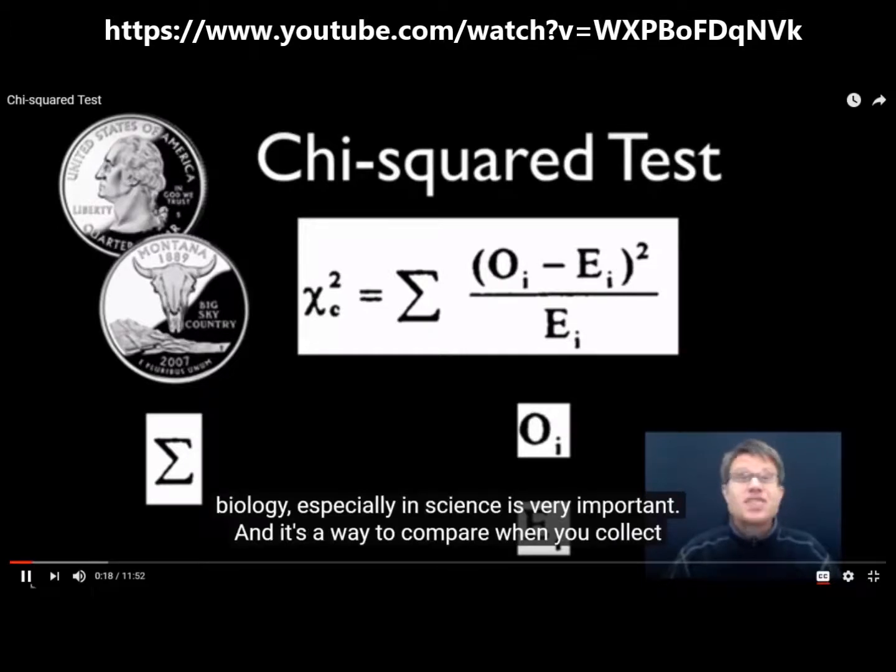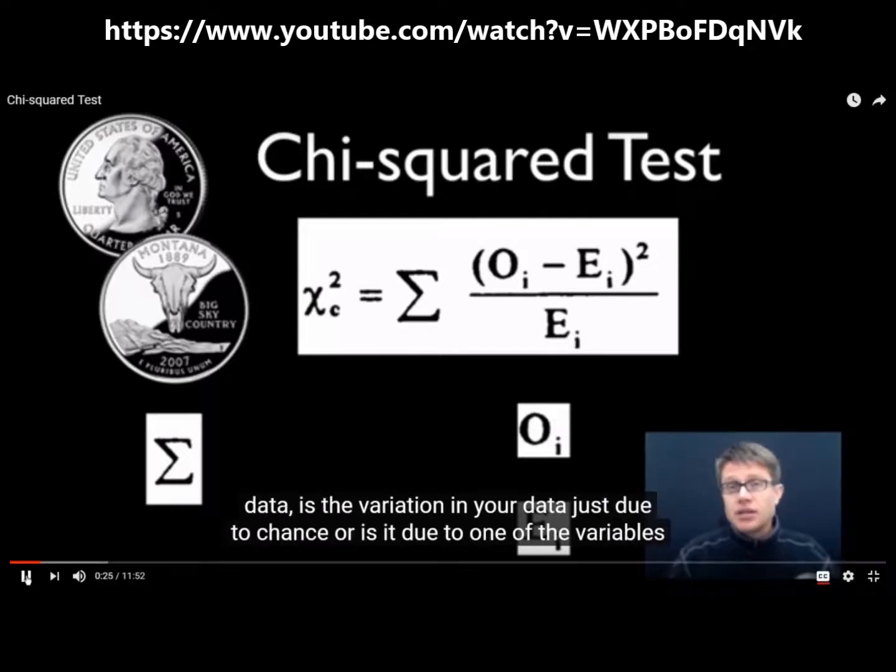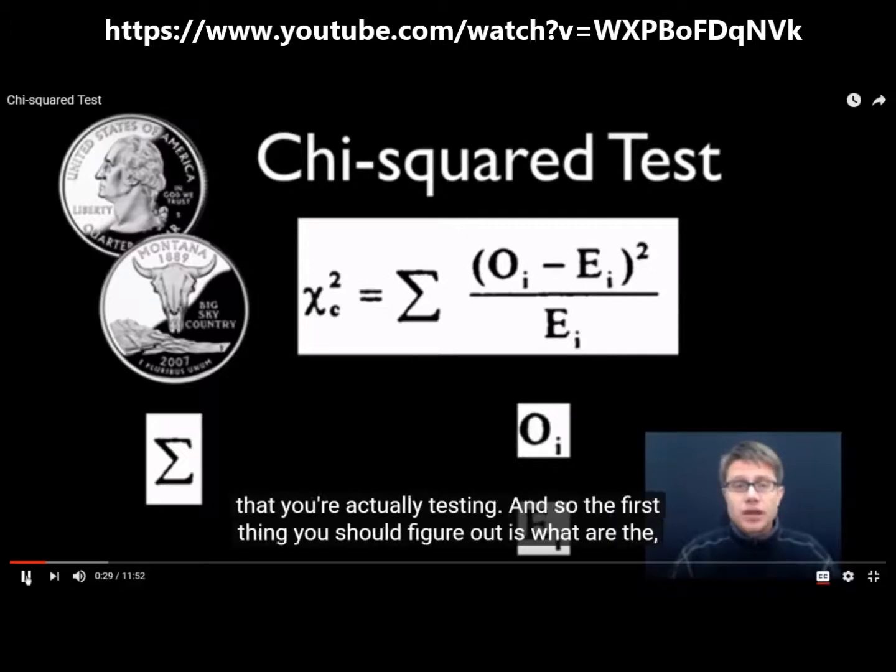Especially in AP biology, especially in science, this is very important. It's a way to compare, when you collect data, whether the variation in your data is just due to chance, or due to one of the variables that you're actually testing. So the first thing you should figure out is what are